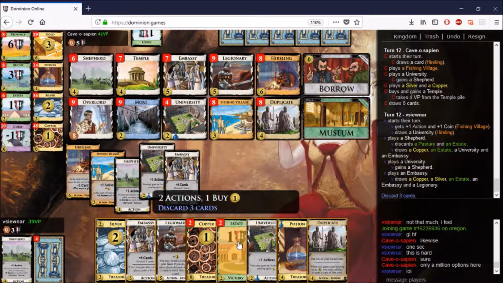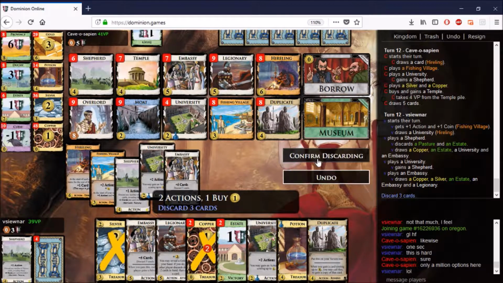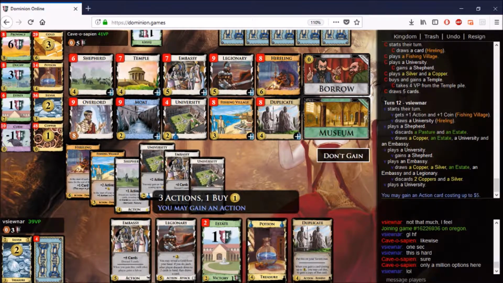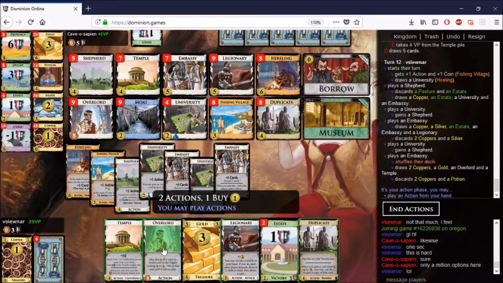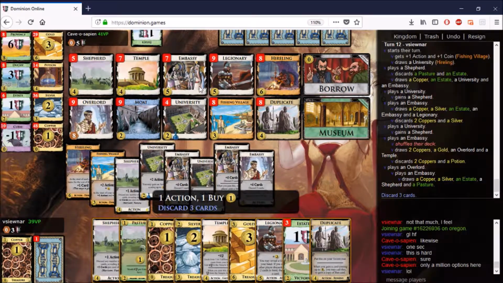And now a bunch of these University gains will be for Shepherd. I have one already. I just gained a second one. Largely just following my opponent. Triggering this reshuffle here was not that bad, I feel, because I knew that I gained a Shepherd. So if I saw the Shepherd, I would be able to draw through everything, and if I didn't see it,